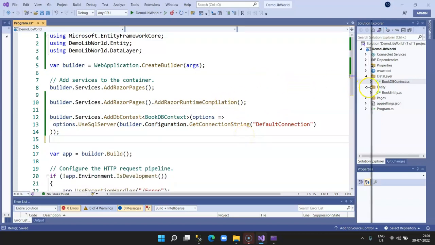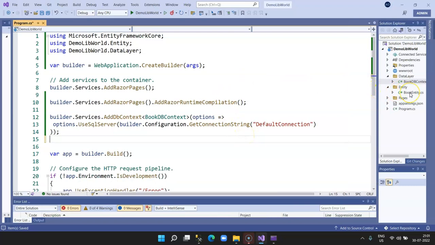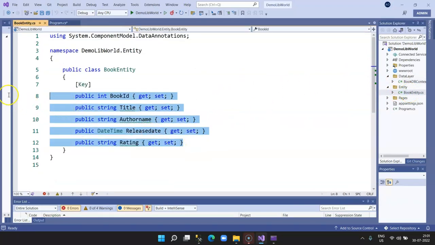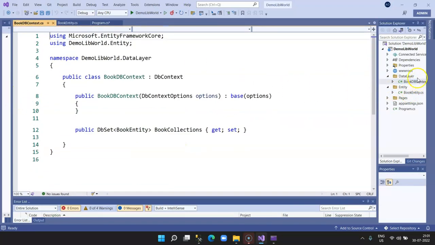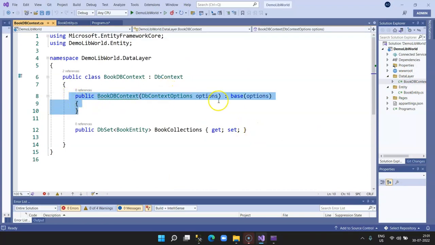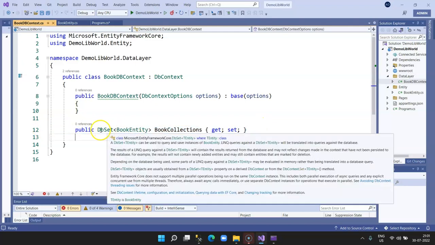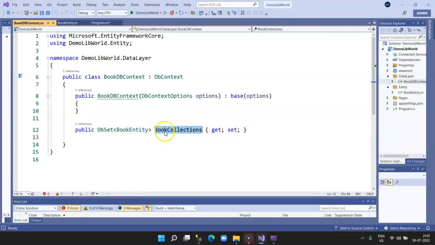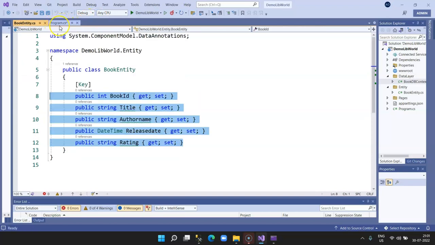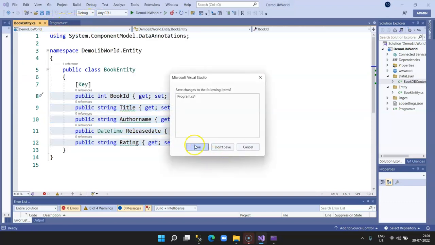Now the important step is, we have created the entity class, which is this one. These are our columns. Then we have created a DbContext class. We have injected the connection string over here in the options method, and we have also defined a database table name, like the BookCollection. Now we are going to run the migration command. In order to run the migration command, click on Tools,